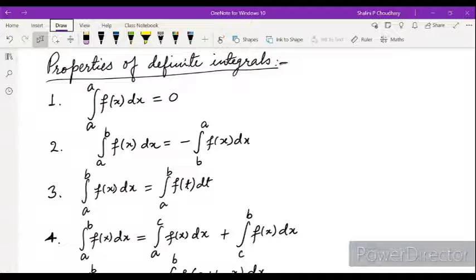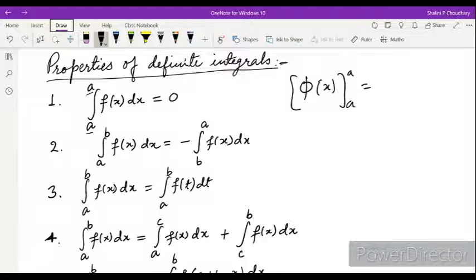says that the integral of f(x) dx, the integral of f(x) with respect to x, when the interval is a to a, will be 0. Because when we solve this, whatever value we are getting, if we get phi(x) after integrating f(x), it will be phi from a to a. It means phi of a minus phi of a. So that will cancel, so we'll get 0. That's why we are getting 0 here.